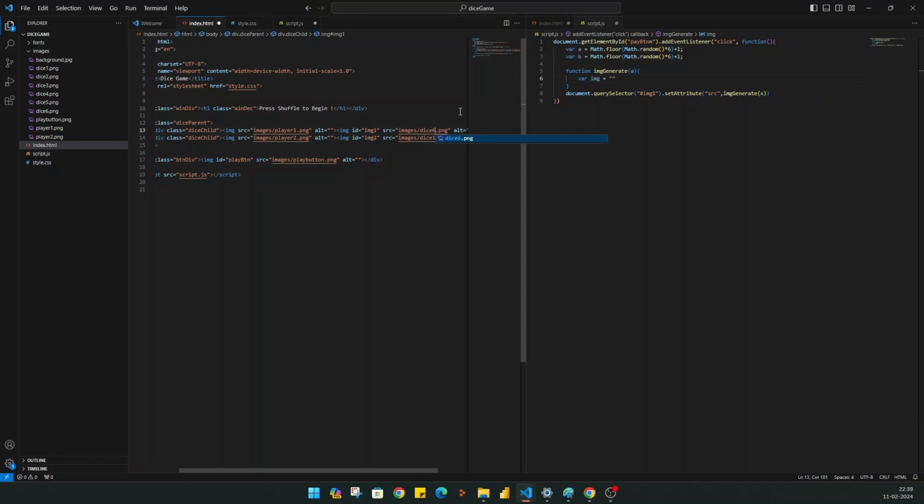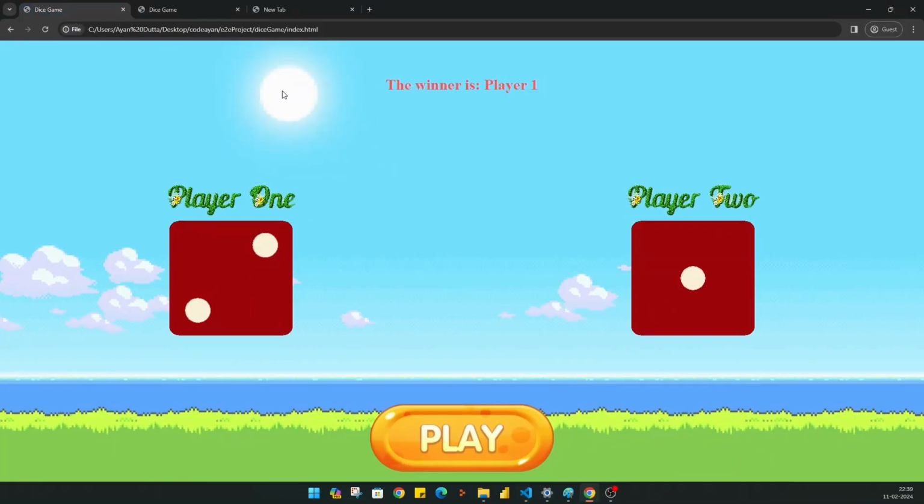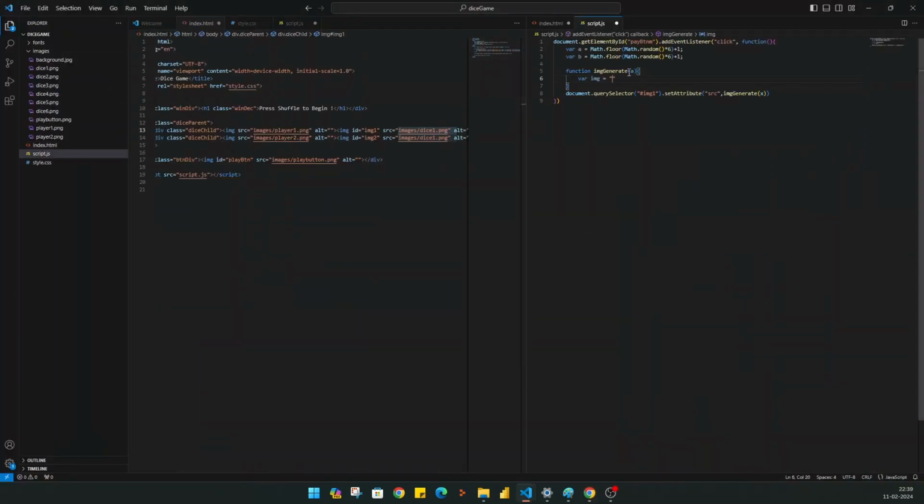At first I will change it, because this will be our default dice. When the page is reloaded, the user will first see this one dice. Okay, so here I need to take this part of the source, images/dice, and I will concatenate it with